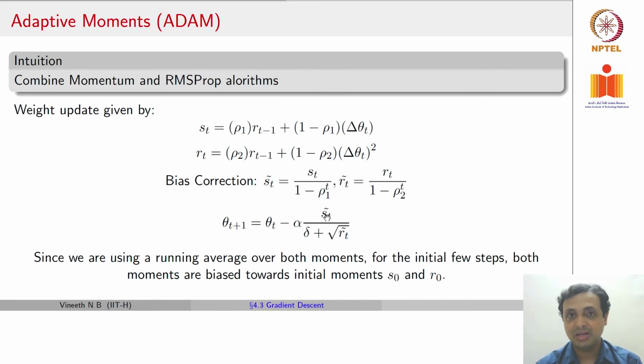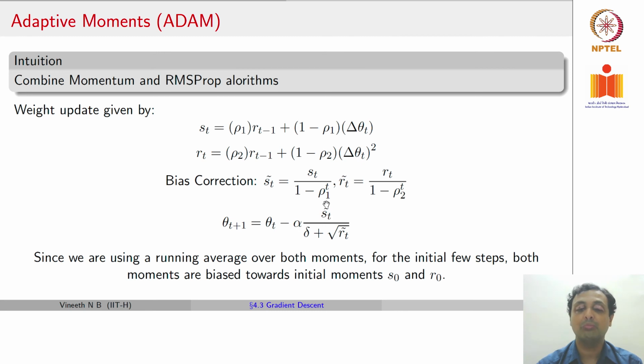ST would have been the current gradient in Adagrad and RMSProp, but now ST is the running sum of the gradient. And what is the running sum of the gradient? Momentum. Remember, momentum was where you use the previous gradient, so on and so forth, using a momentum term. Rho 1 is the momentum coefficient for us in this particular context. That's why Adam can be looked at as a combination of